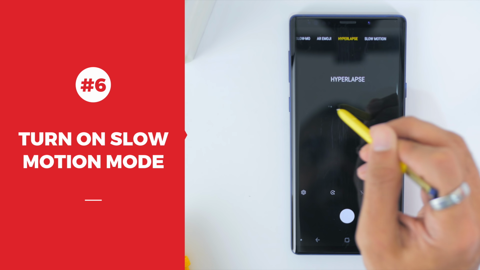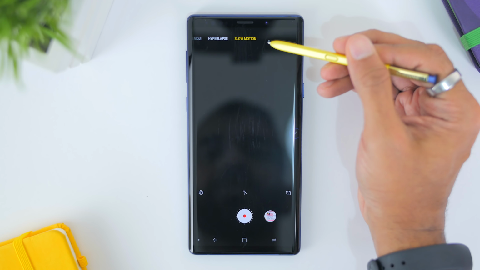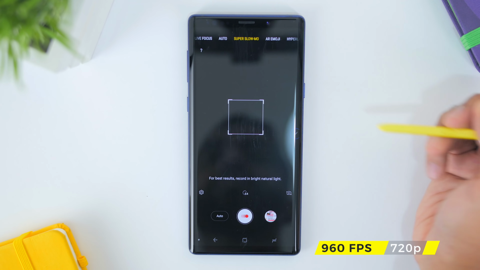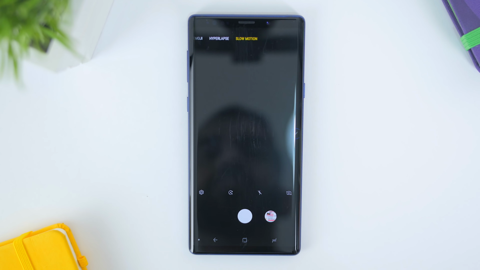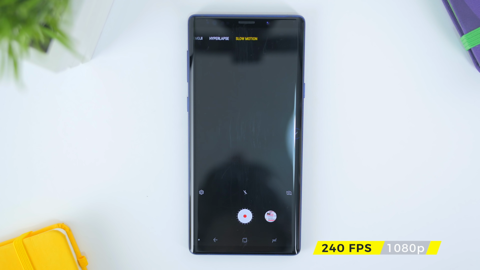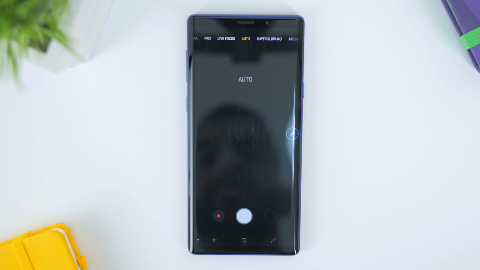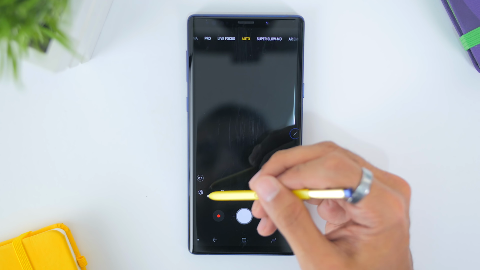Next would be turning on the slow-mo feature. Now don't get mistaken, as what I meant is not the super slow-mo feature which is already turned on by default. The difference is that the super slow-mo feature gives you 960 frames per second at 720p, which requires you to have lots of light to get the best quality, but this slow-mo feature gives you 240 frames per second at 1080p. Now to turn this on, just go to the camera app, hit the settings icon,